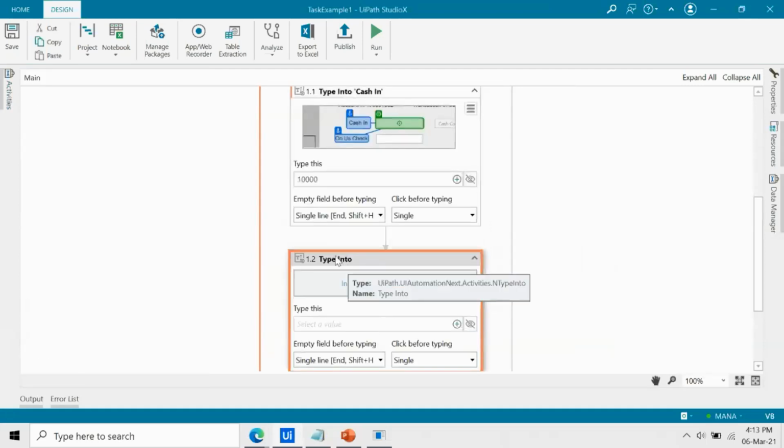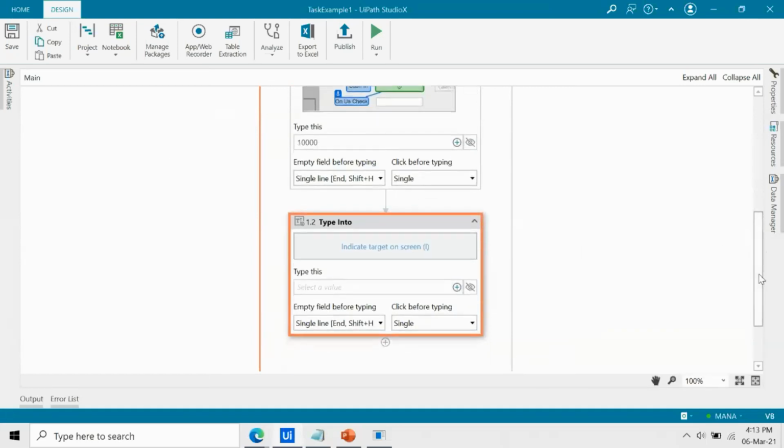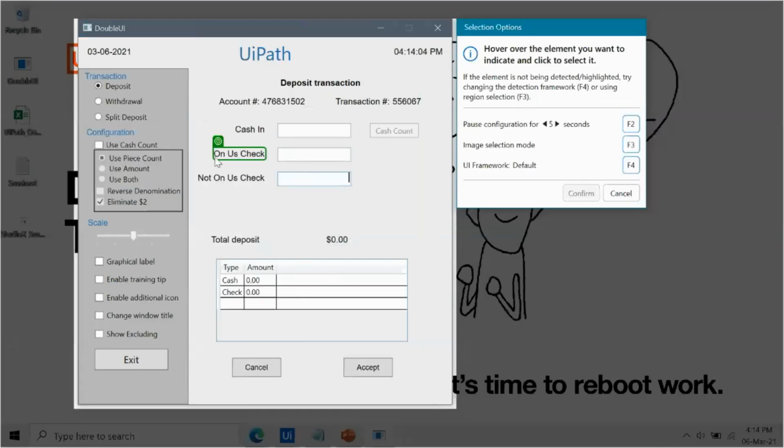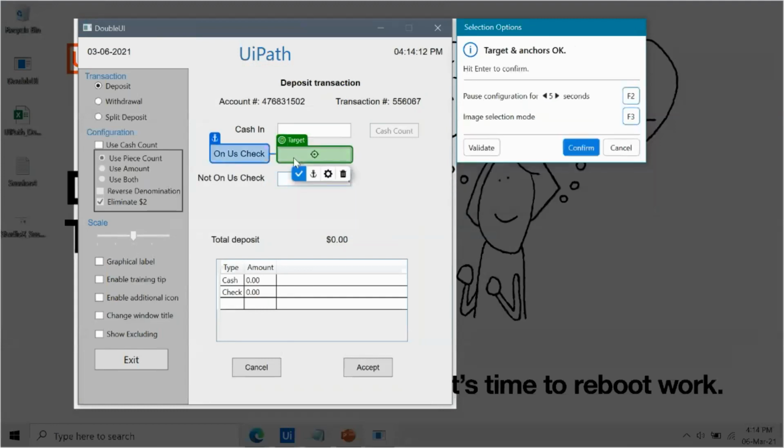I drag the Type Into activity, place it inside the Use Application Browser container, and indicate target on screen. Now I choose the second field, which is the second target for me. It also automatically finds the corresponding anchor.